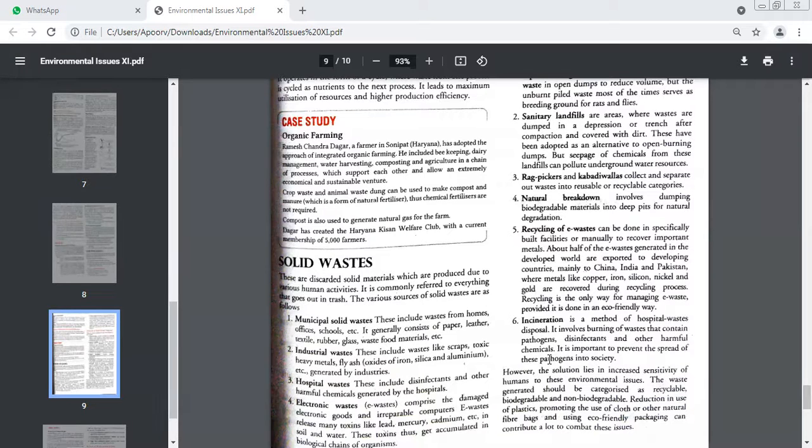Can we have the headings? The 6 ways of disposing of waste. Tell me the 6 ways. Which was the first heading we had? Open burning. So we were collecting all the garbage in a pit and after some time burning it. What was the disadvantage? What was the problem in this method? Pests and flies. Yes, it's a breeding ground for rats, flies and all.